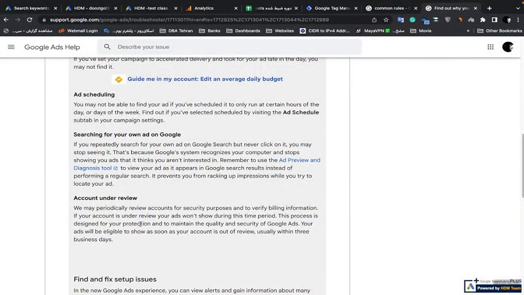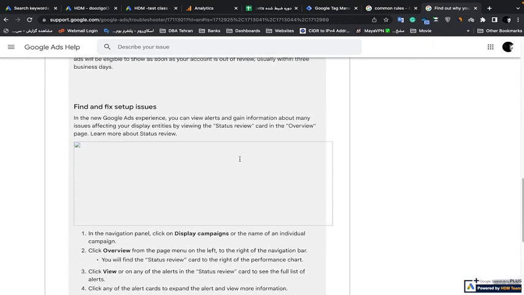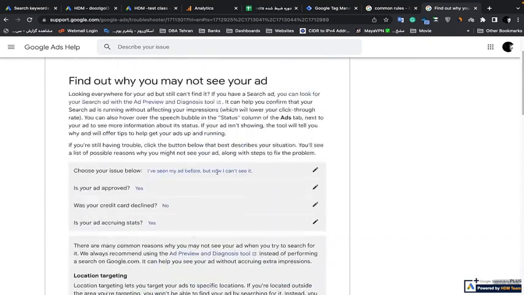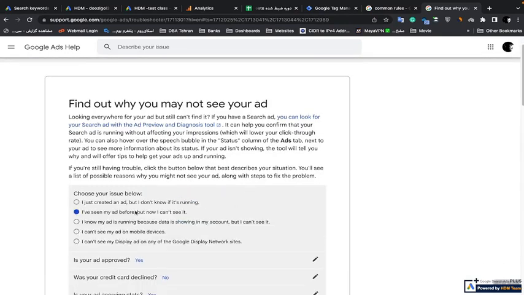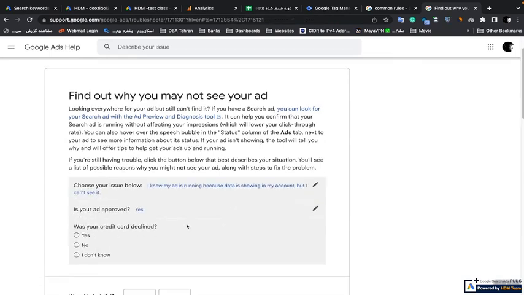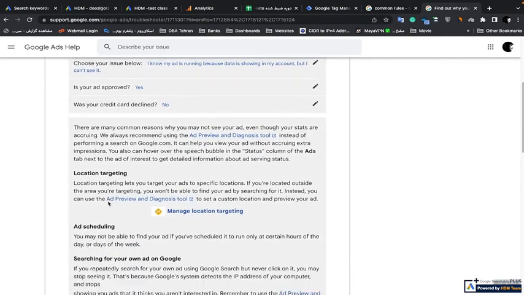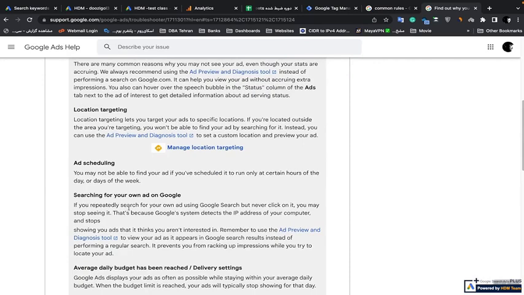They say, how is this? They say, sir, it's designed this way to ensure that alongside this matter, it can maintain your security. Additionally, it can also preserve the quality of your ads, okay? And finally, this matter might lead you to check different models. You say, sir, I can't proceed because I see it, but then I can't see it again. You say the number is approved. You say yes. You say the card is declined. You say no. It comes here and says again about location targeting, saying, sir, you've stressed yourself so much, you've